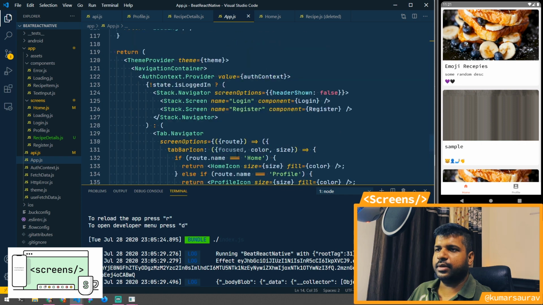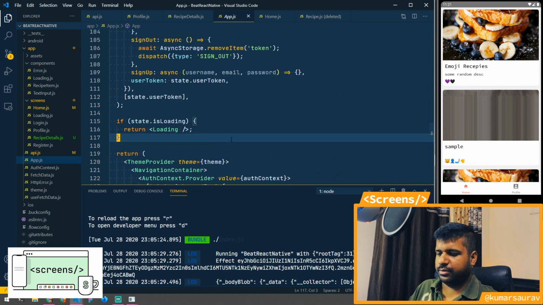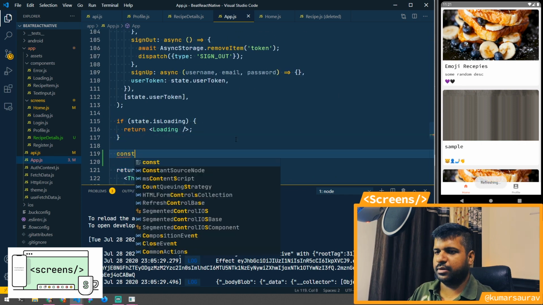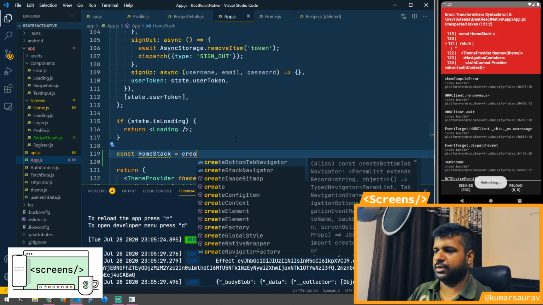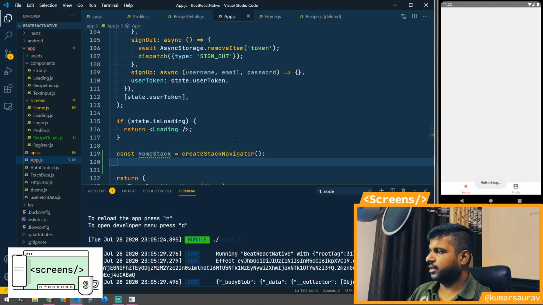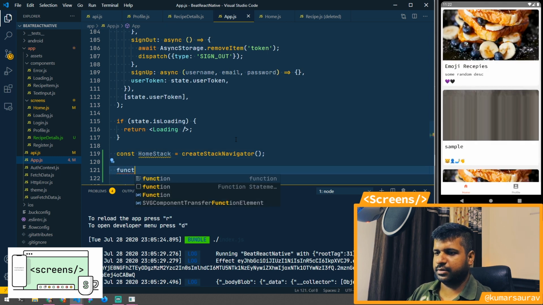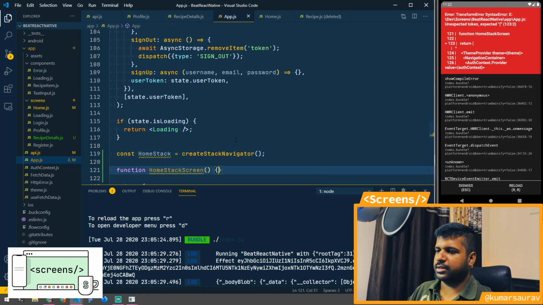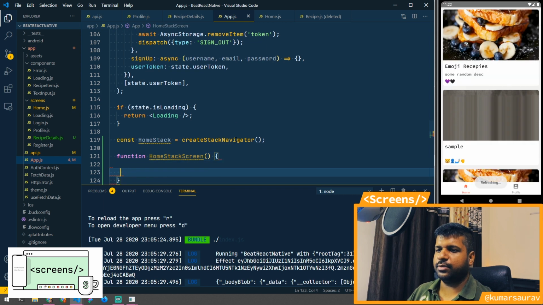So for that, let's create a home stack. Let's create stack navigation. So we'll create a stack navigator, and then also have a function HomeStackScreen and stack all the screens which will be related to home. So here we will return